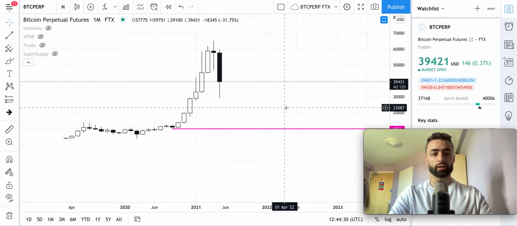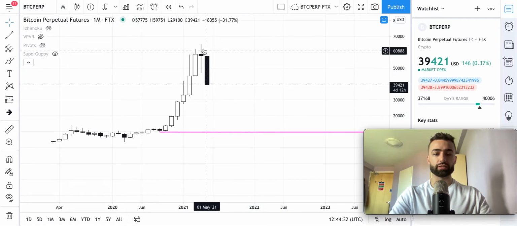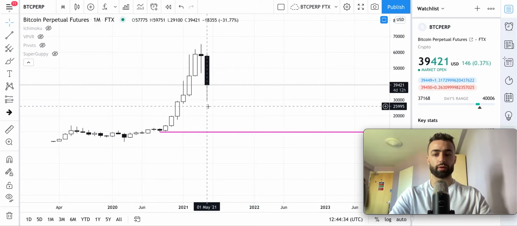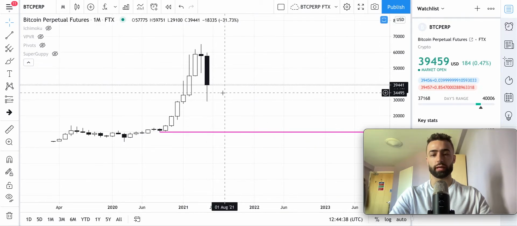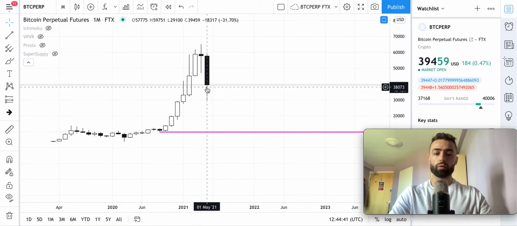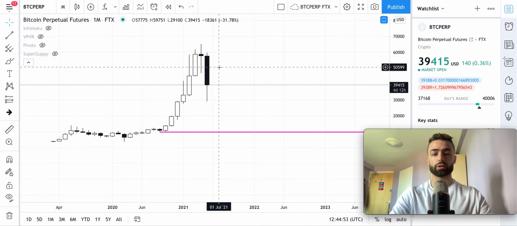So we're looking over here at Bitcoin on the monthly time frame. You can see we have this pretty bearish candlestick right here. We're really concerned with the monthly candle close, which is in 4 days and 12 hours. Really what we're looking at is the bottom wick on this candle. If the wick of this candle is very long, that means people are buying the dip. And that's very good for the price action to continue to go up after we have a short-term bounce here